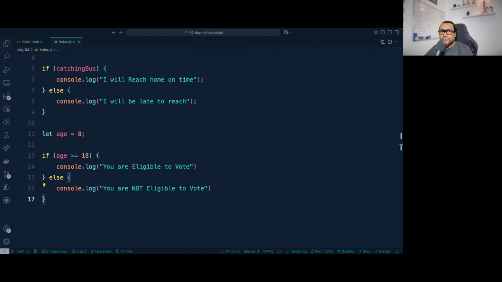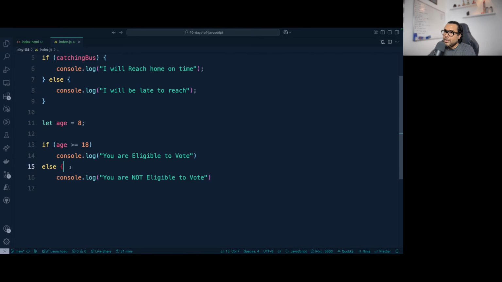Now there are a few things that you need to keep in mind. One is, you might want to omit these brackets. You can omit them when your if has only one statement to execute when it is satisfied, and your else has one statement to execute.